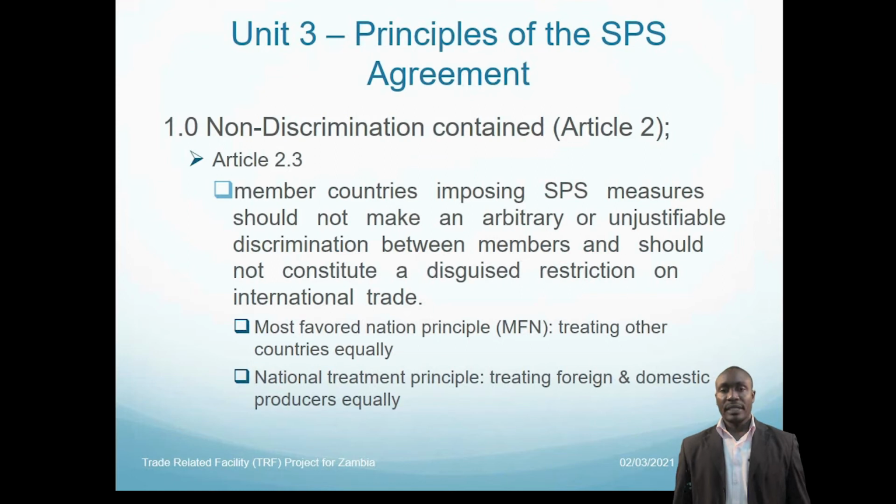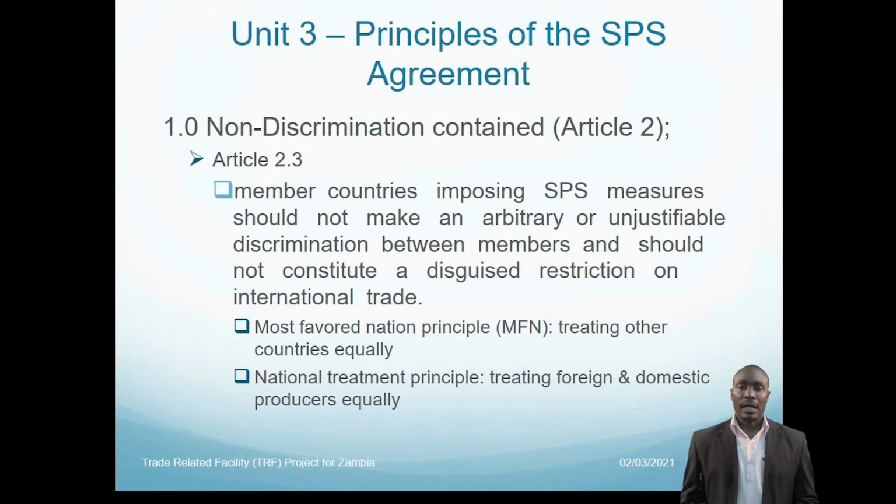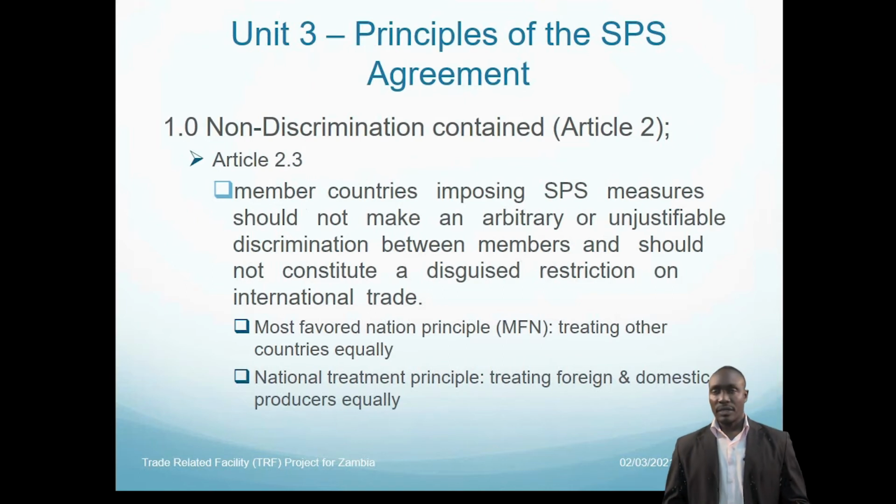Member countries that are adopting the SPS measures should not make any arbitrary or unjustifiable discriminations. This should be done using principles that are accepted internationally. Just try and ensure that the country imposing these SPS measures is not using that as a disguise, for example, on trade restrictions. So we don't want to deal with South Africa. So we just say no more fruits and vegetables from South Africa. What's the scientific justification for that? Maybe you find that there's really